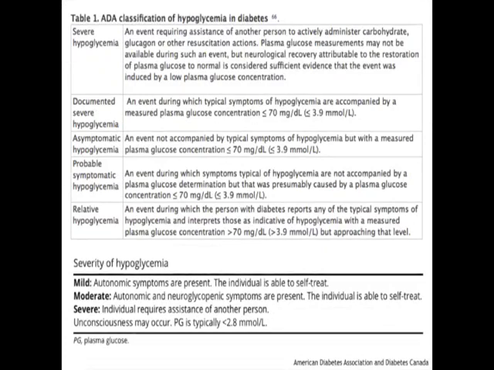The two organizations that we use for our guidelines at home include the American Diabetes Association and the Canadian Diabetes Association. They both define or break down hypoglycemia a bit differently, but both agree that severe hypoglycemia, which is mostly what we're talking about here today, is when an individual has an episode of hypoglycemia and requires assistance of another person. There's no number cutoff, but typically that's less than 2.8 when that occurs.